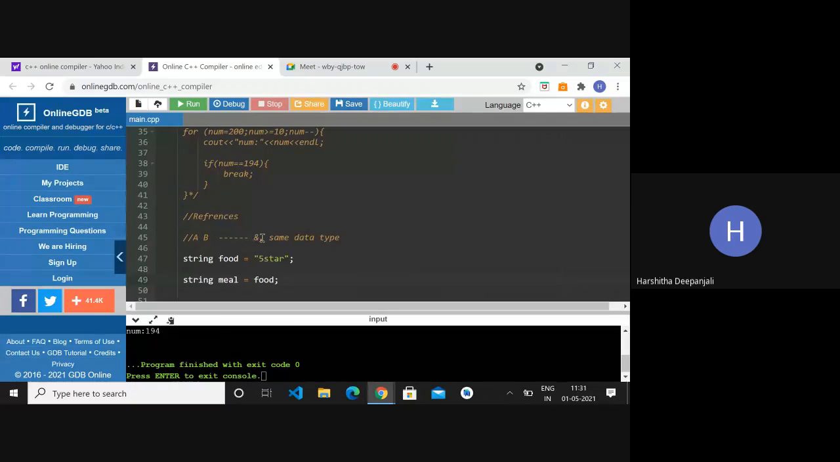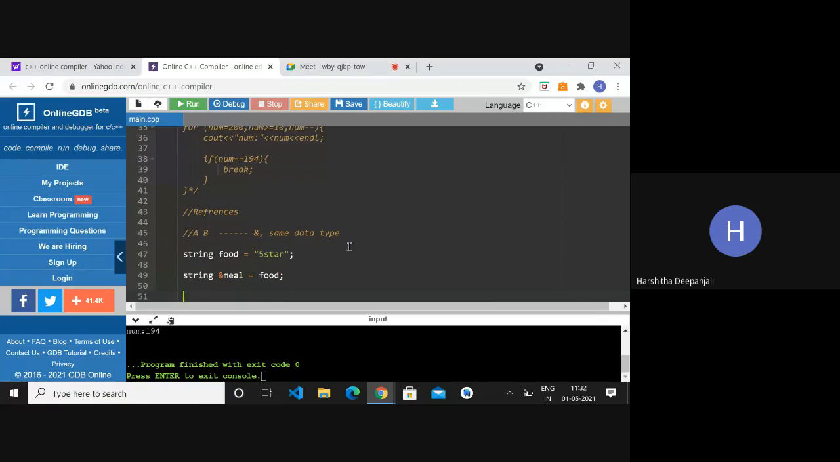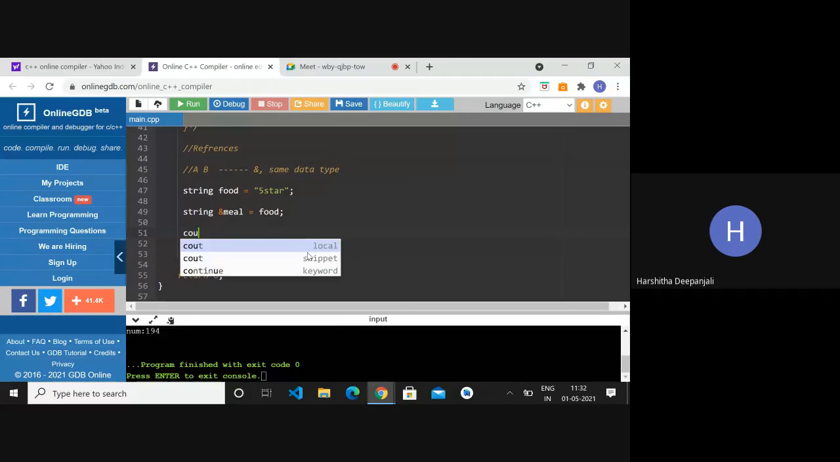So I told you I want to use this symbol, the and operator, while referring to these things. So what is my reference here? Food, basically. I'm pushing food towards me. So what am I doing? I'll be using and over here. Understood? So in the next condition, if I want to type the output, let me take it as cout,